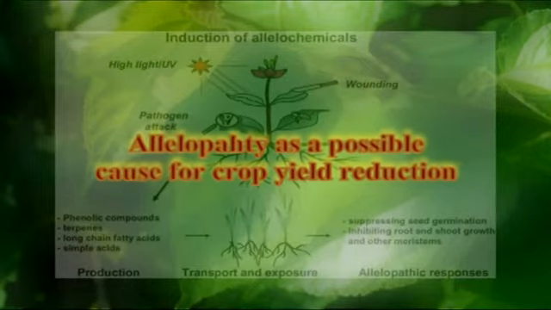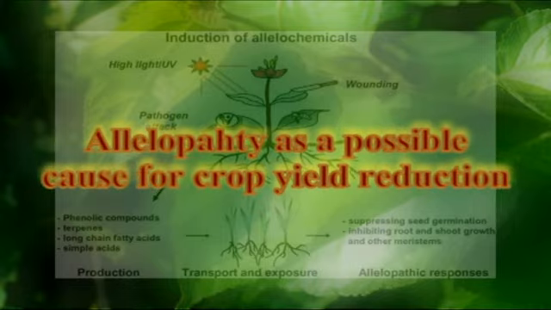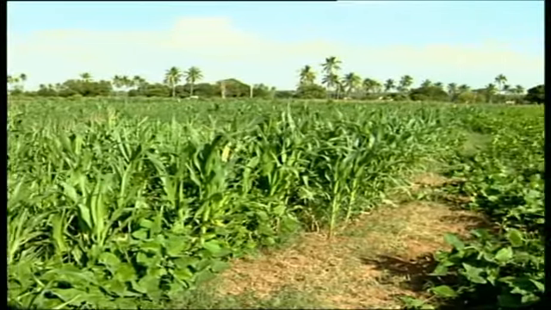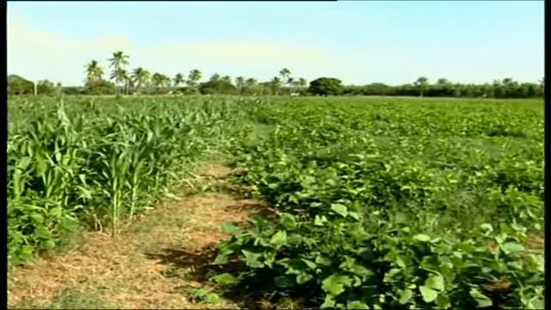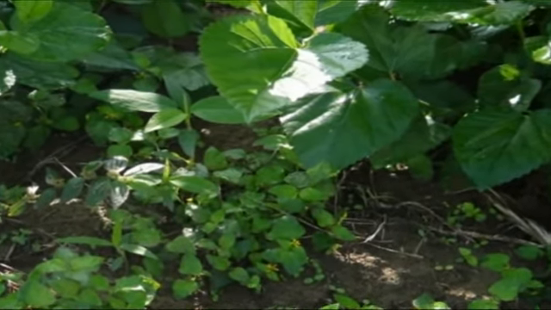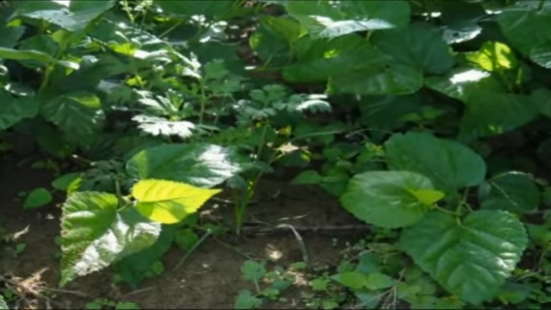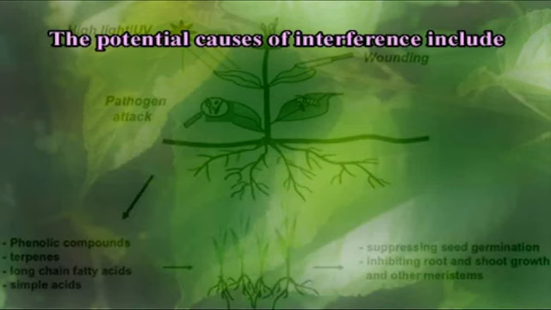Next, let me move on to allelopathy as a possible cause for crop yield reduction. It has been shown that certain plants have a depressive effect on their neighbors. It is a common fact that neighboring plants will interact in a negative manner where the emergence or growth of one or both is inhibited. Several workers have shown the adverse effect of a neighboring plant in association with others and called it interference. The potential causes of interference include